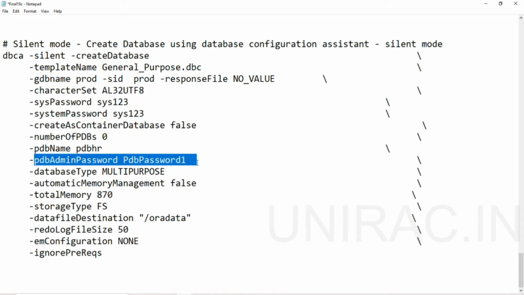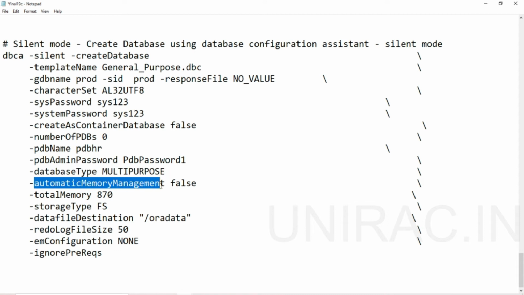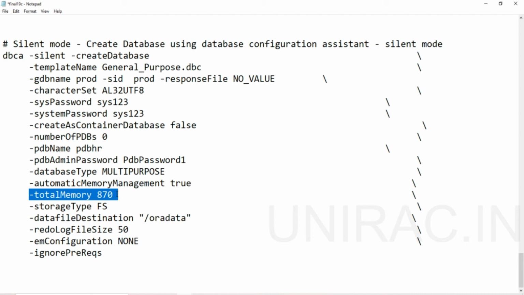Password, in case we want to specify a pluggable database, and the database type is multipurpose. Automatic memory management set to true is better. If it's false, you can set it to true. The total memory we are going to allocate is 870 MB.